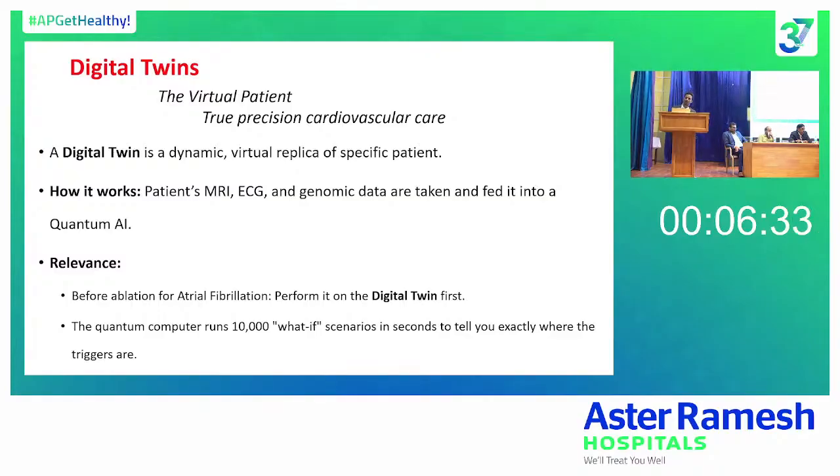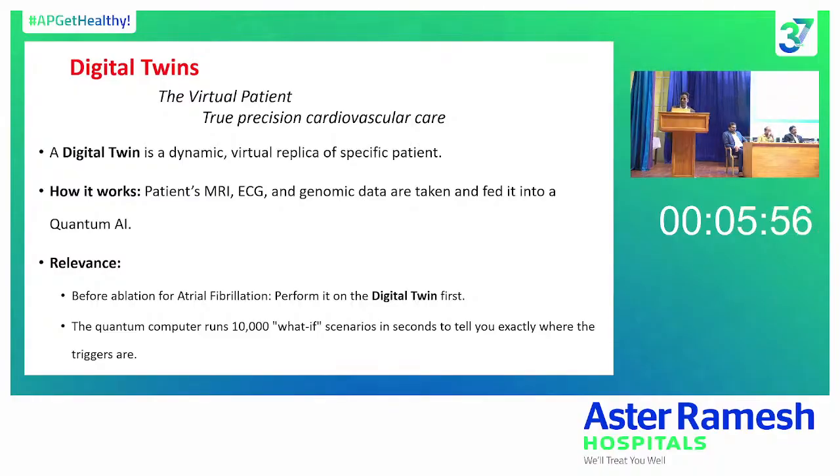And the third thing is the digital twin, which our previous speaker was also speaking of. So a digital twin is nothing but a dynamic replica of yourself. So your whole data, the omic data, MRI, ECG, echo, everything is fed into the algorithm, and then a replica of yours is made, and everything is tested on it first. So say you have some fever and you have a molecule which is designed by quantum computer and given to the digital twin, and you see how you're responding, in how many days you're responding, and whether you have some side effects or not. And then if it works well in the digital twin, then the pill is given to you. So probably this is again a future thing.